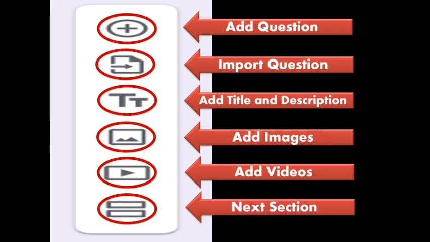If we want to insert an image in our form, we may use add image. If we want to insert a video in our form, we may use add video. Then the last option we may see is next section, which is used to break our form into multiple sections. That is, we are able to create more than one page for our form.